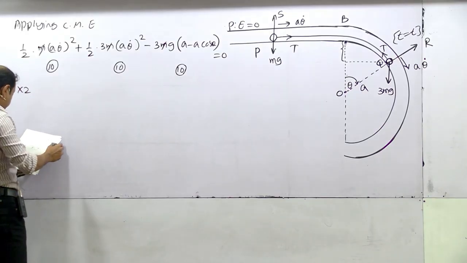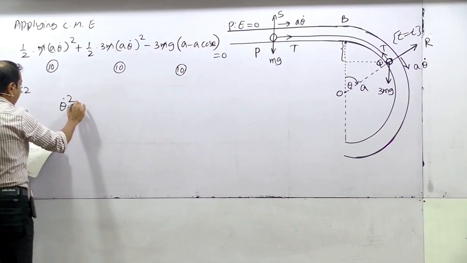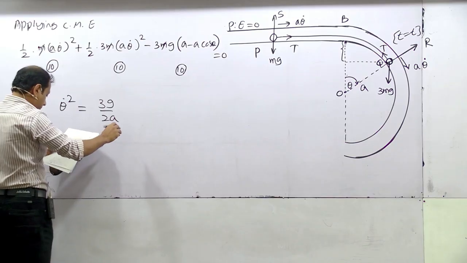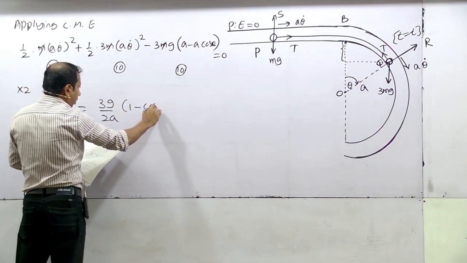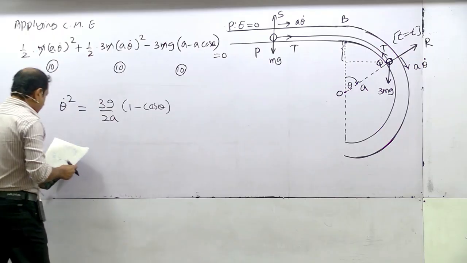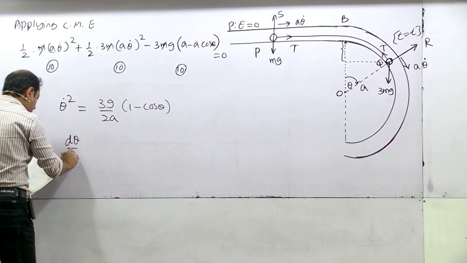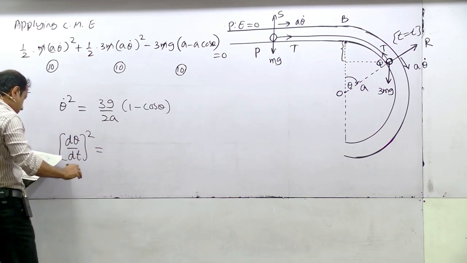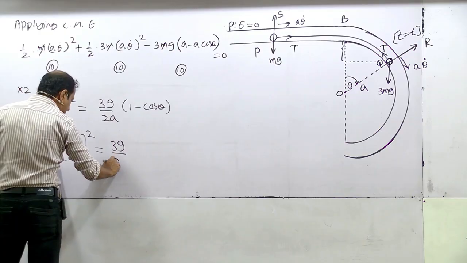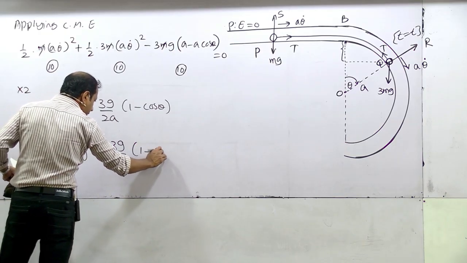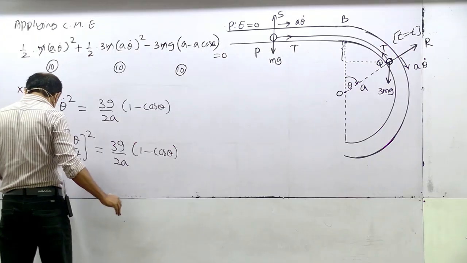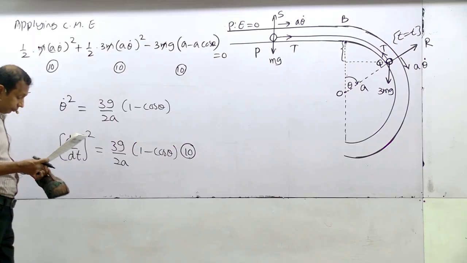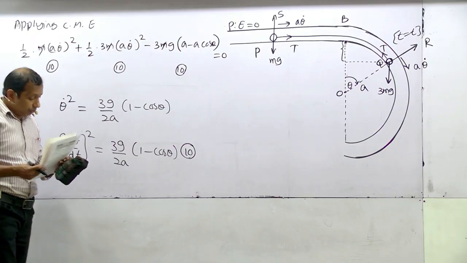We get that answer. Theta dot squared is equal to 3g by 2a (1 minus cos theta). Theta dot means d theta over dt, squared. Right, 3g by 2a (1 minus cos theta). For this we get 10 marks. Okay, next one asking